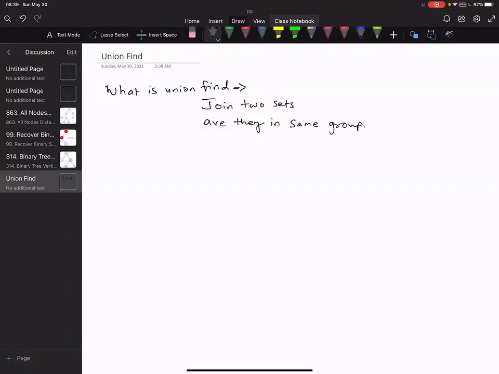So I think this is exactly what it is, but I'll give it a name that sounds good. Union find is the data structure that helps you find and solve the dynamic connectivity problem. Now, what is the dynamic connectivity problem? It's a set of problems where you want to make a relationship by joining elements at runtime.